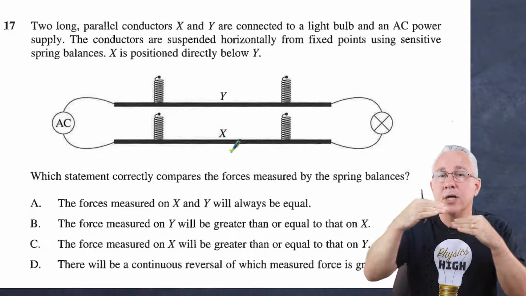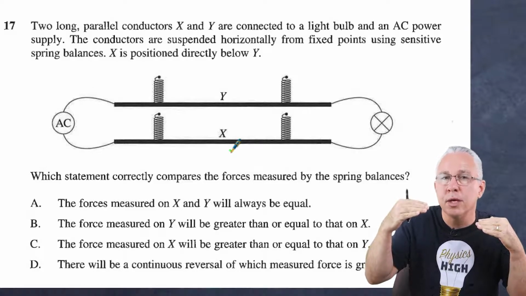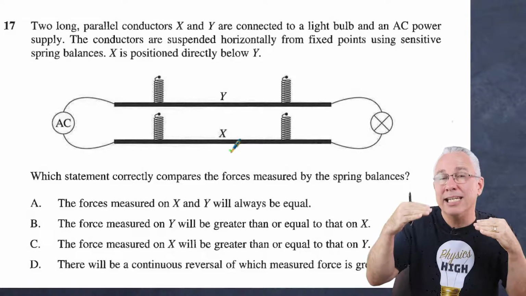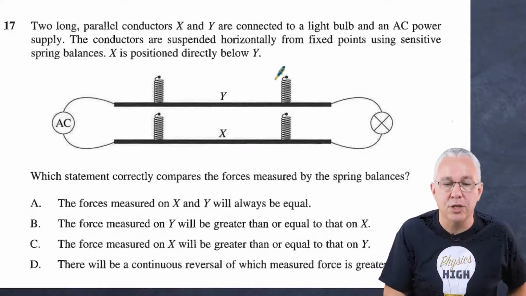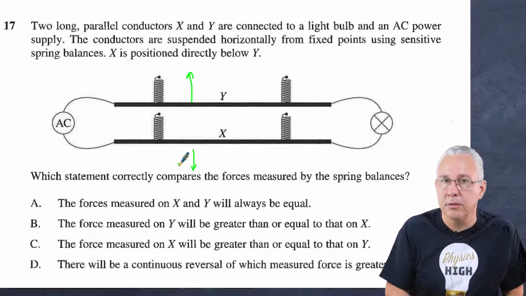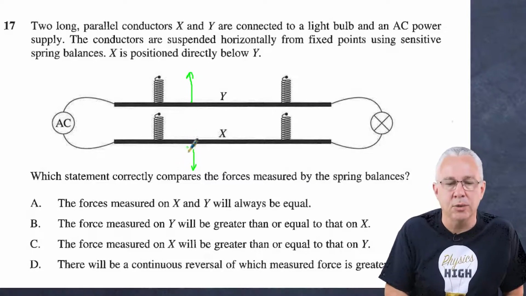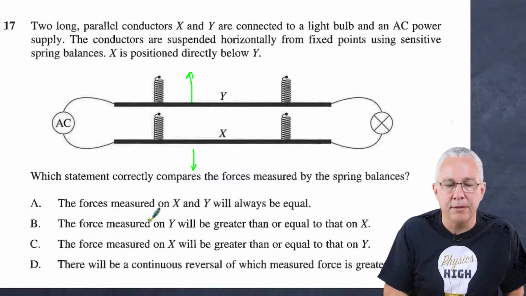So obviously for a momentary time, that current stops, and so therefore we have no force due to the motor effect. The fact is that both are experiencing forces as they are in each other's magnetic fields, but for all intents and purposes, the majority of the time, the currents are in opposite directions. So with that in mind, and I'm using a green pen, they will always experience a force in the opposite direction, and that force, just due to the magnetic field, will fluctuate but will always be equal. However, there is also the force due to gravitation, and so this will fluctuate backwards and forwards but be of the same size, but the force due to gravitation will be in a downward direction